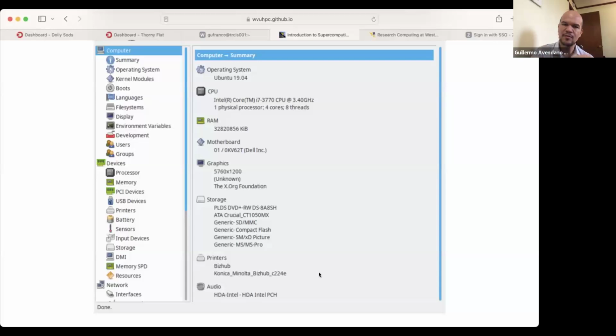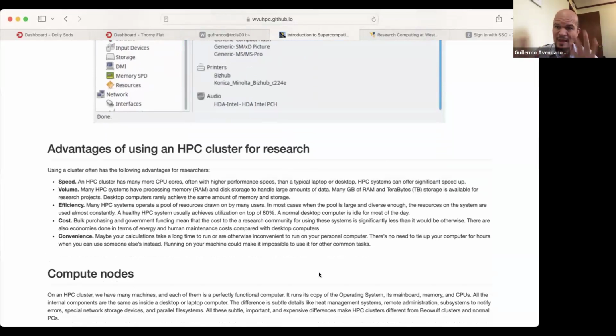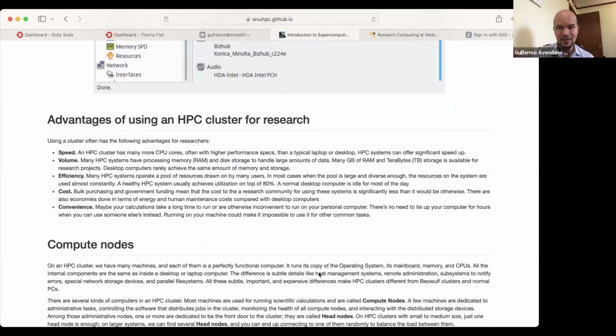And from that, you can compare with your own computer: the speed of the processor, the amount of RAM, and the storage that you have, and eventually graphics processing units or some other things. So that leads me to try to explain a little bit the advantage of using an HPC cluster. So first, the speed. Those machines are much faster in general. With some exceptions, they are much faster than a normal computer, except if you have a very, very recent laptop that could